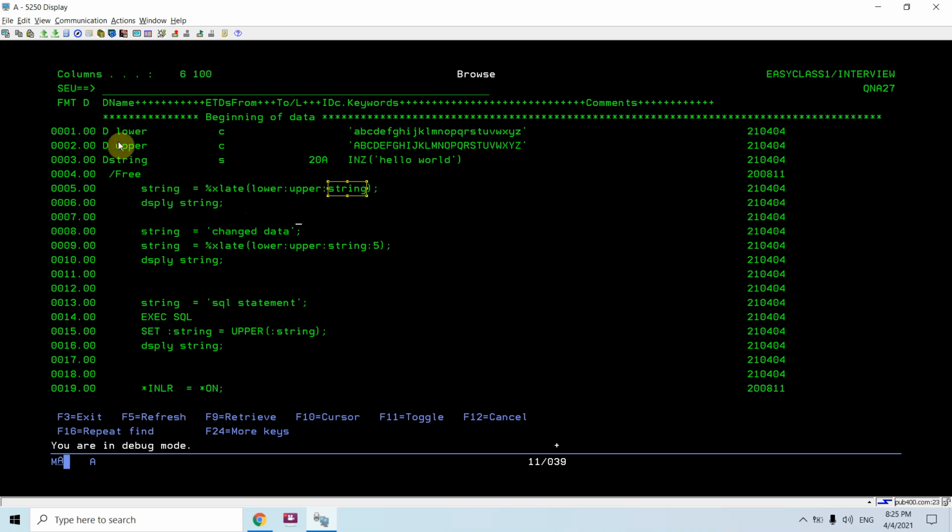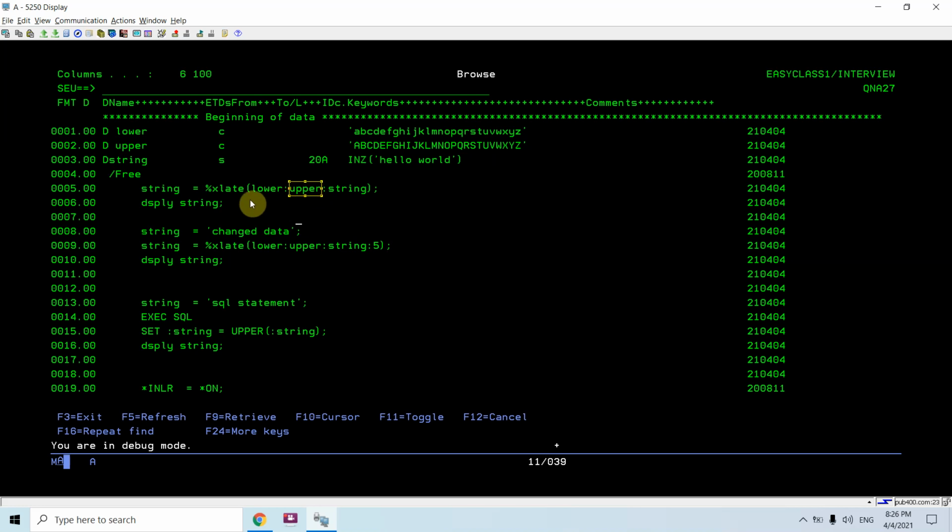You can see I have taken two constants, lower and upper. In lower I specified all the lowercase letters, and in upper the uppercase letters. This is a 20-character string which contains the lowercase text hello world. Now I translate that string to upper using %XLATE, specifying lower to upper.